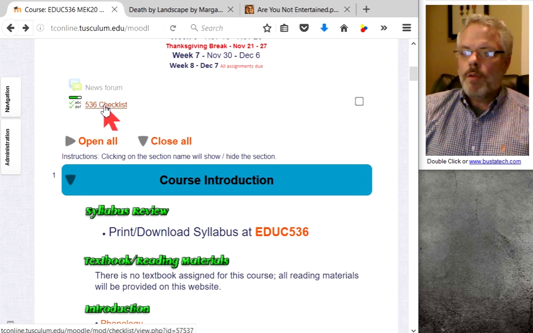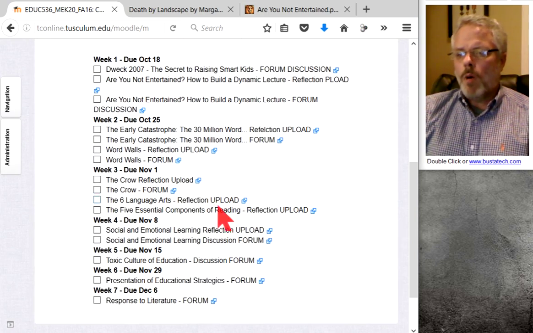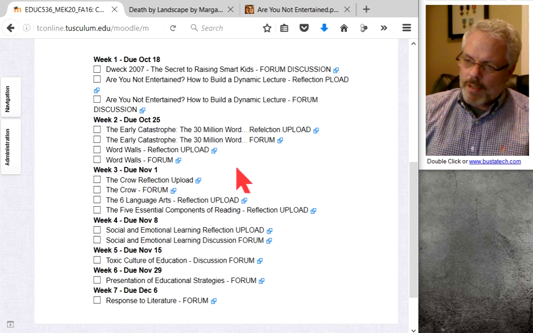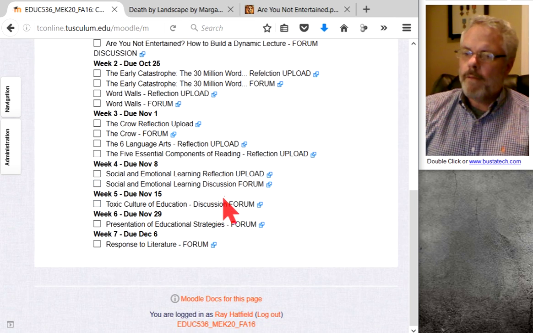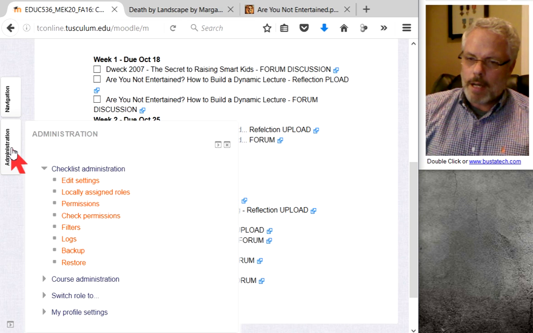Oh, let me share with you the checklist. Some of the items will automatically be checked off as you go through the process. But as you complete some of these, you may have to check them off. And this counts as a grade. If you don't check something off, and you see your grade, like if I go to my grade book,